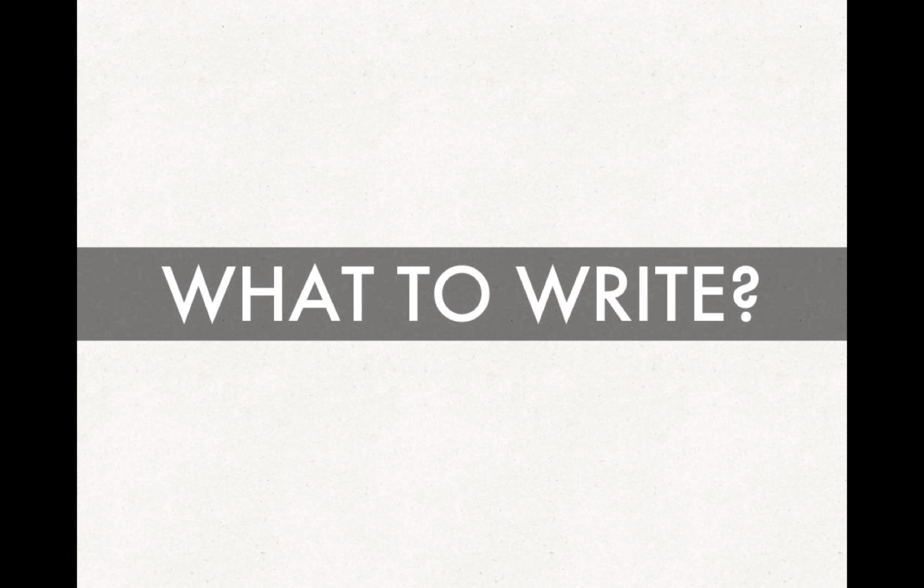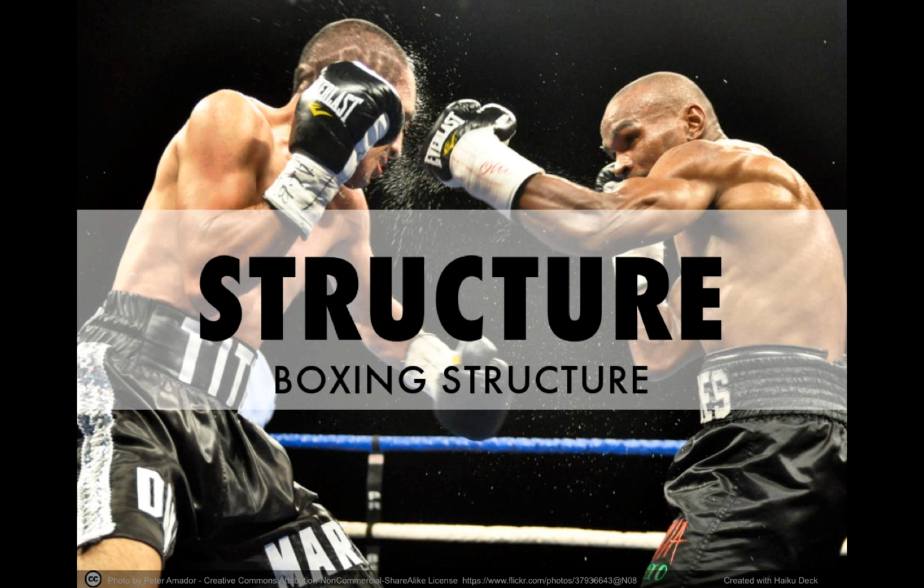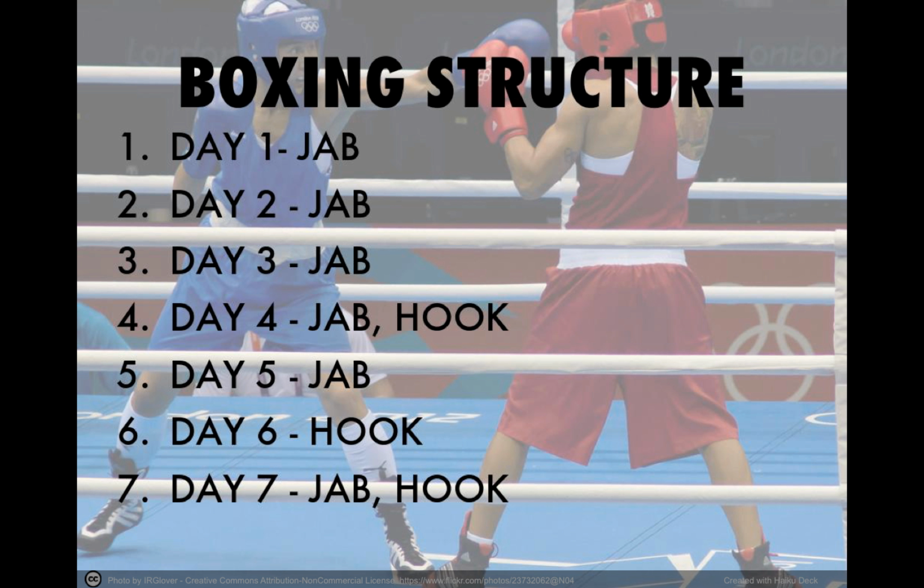Here's a little bit of structure you can use to help build your email sequence. I like to use the boxing structure. It's the idea that your customer has their guard up, and they're not letting anything in. What you're trying to do is jab. Your jabs are your value. So you're jabbing, jabbing, jabbing. As soon as the customer puts their guard down, you throw a hook, and that's an offer.